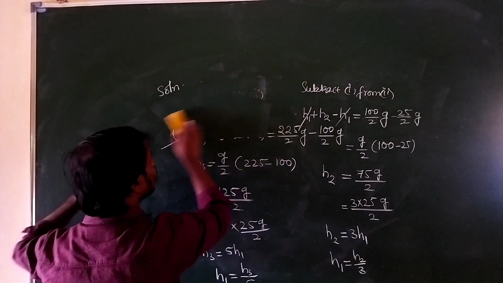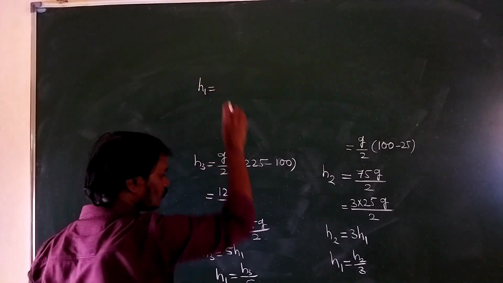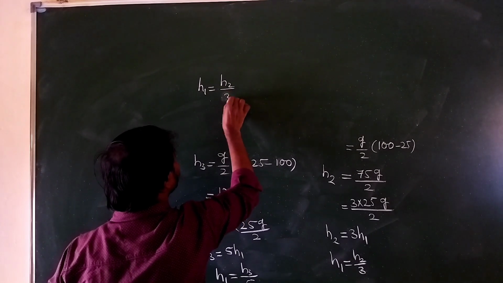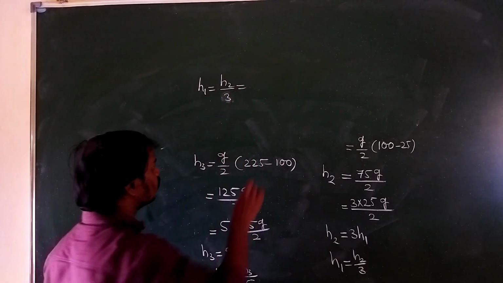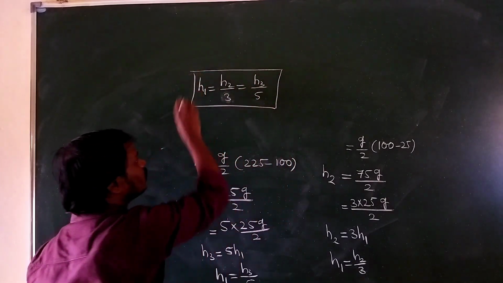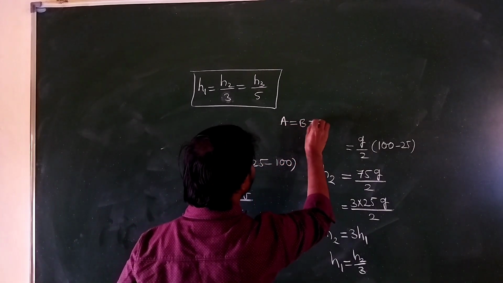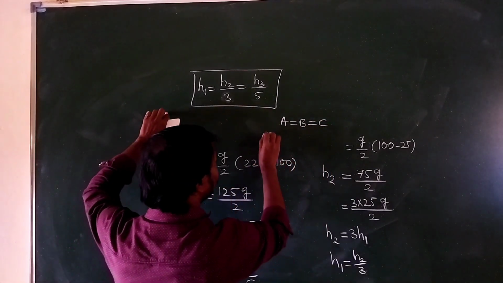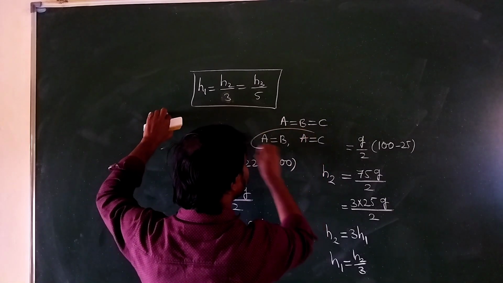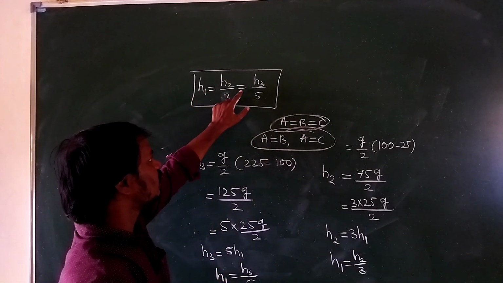Then what is the relation now? h1 is equal to h2 by 3, and that is equal to h3 by 5. Then this is the relation. So this is in the case A equal to B, then B equal to C, then this can be written as A equal to B and A equal to C, A equal to C. Okay. Now by using this relation we can write h1 is equal to h2 by 3, that is equal to h3